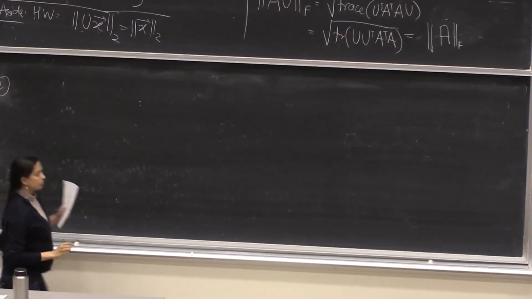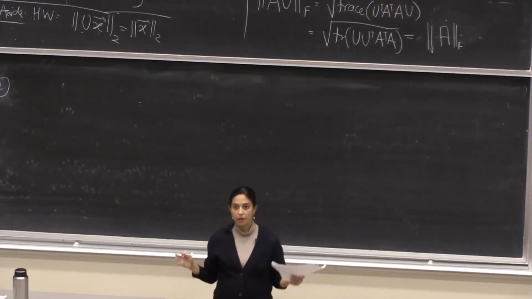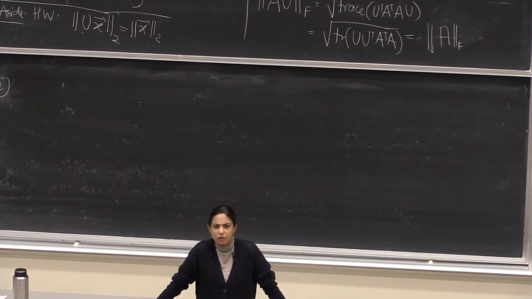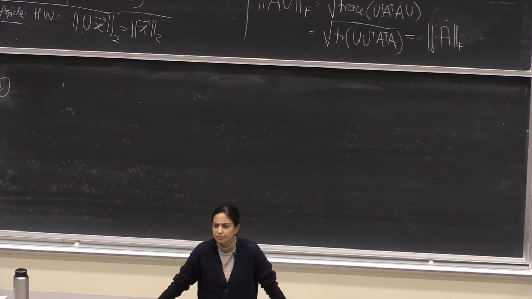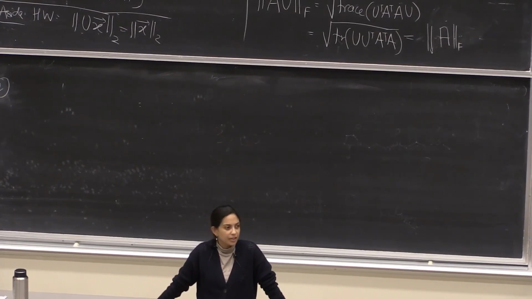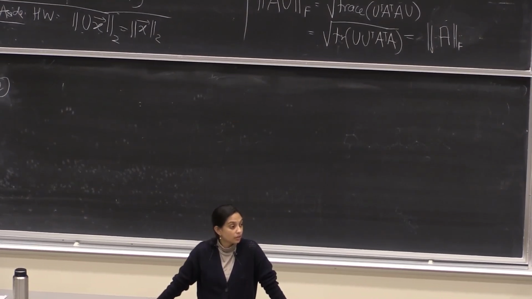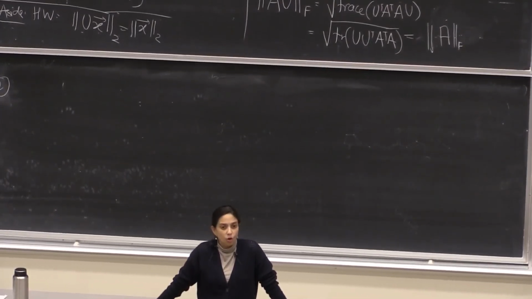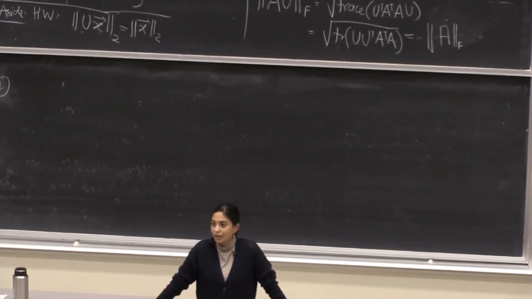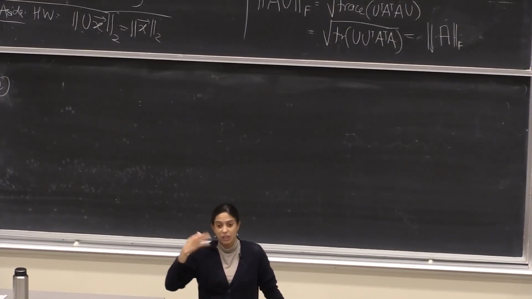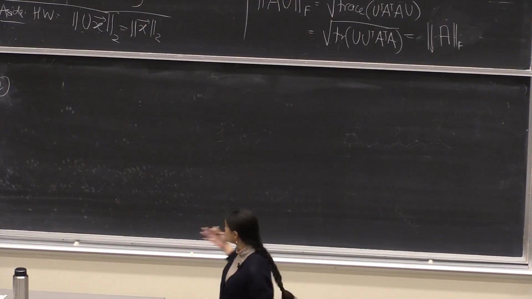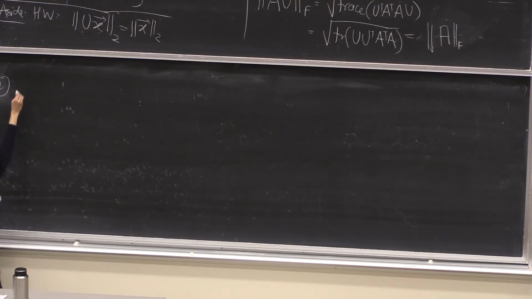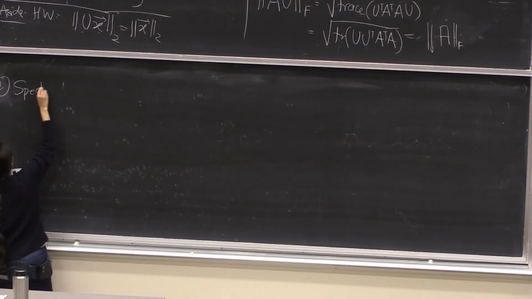Second matrix norm. So we talked about the matrix as a hunk of data, but what's the other way in which we think about matrices, or in which matrices are useful to us? What's the other standard thing that we want to do with matrices? Yeah, they're transformations, right? Matrices are operators. And so when we want to think about a norm of a matrix, maybe we want to think about how that matrix behaves as a function, as an operator. So this second norm is called the spectral norm, sometimes the L2 norm,